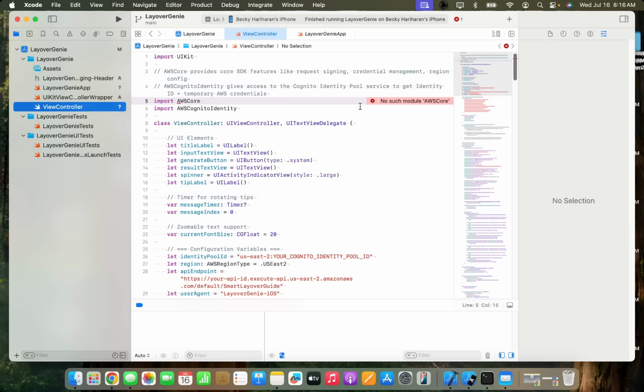Like when we say pip install, here we just say pod install. All right, that's the only difference. And so these are some of the dependencies that AWS provides for the iOS UI kit, Swift UI kit. And so I'm going to use AWS Core and AWS Cognito Identity. So what we are going to do is put pod AWS Core and then pod AWS Cognito Identity